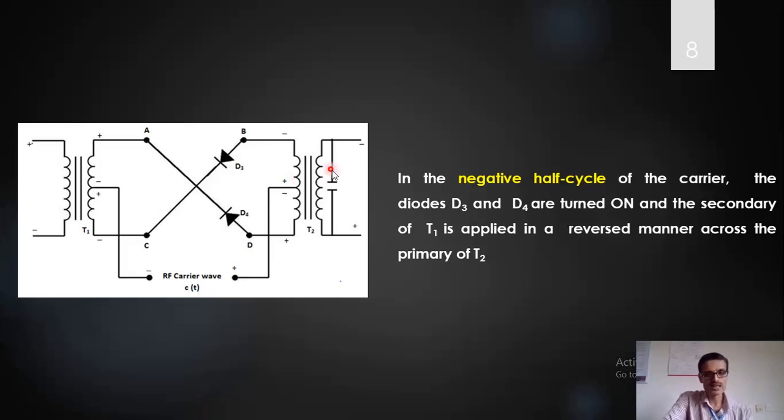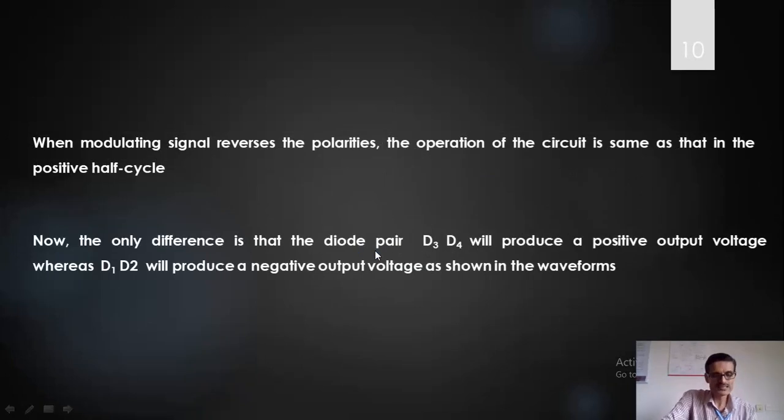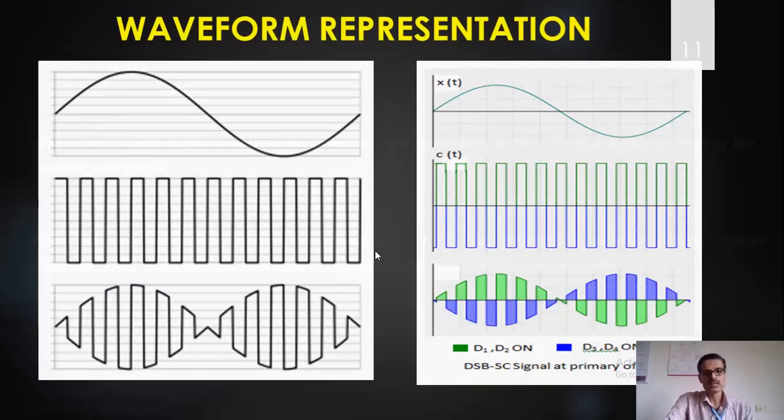Because of that, the phase of the signal will change when I observe the signal in the output of this modulator. The phase of the signal with respect to the original carrier will be different. I explained these things already using a waveform. If I explain this, just look at this.